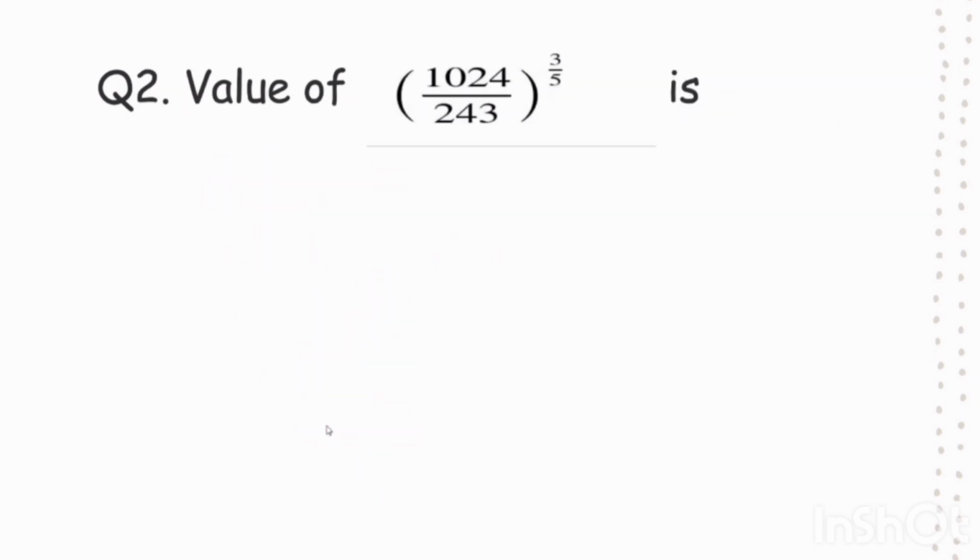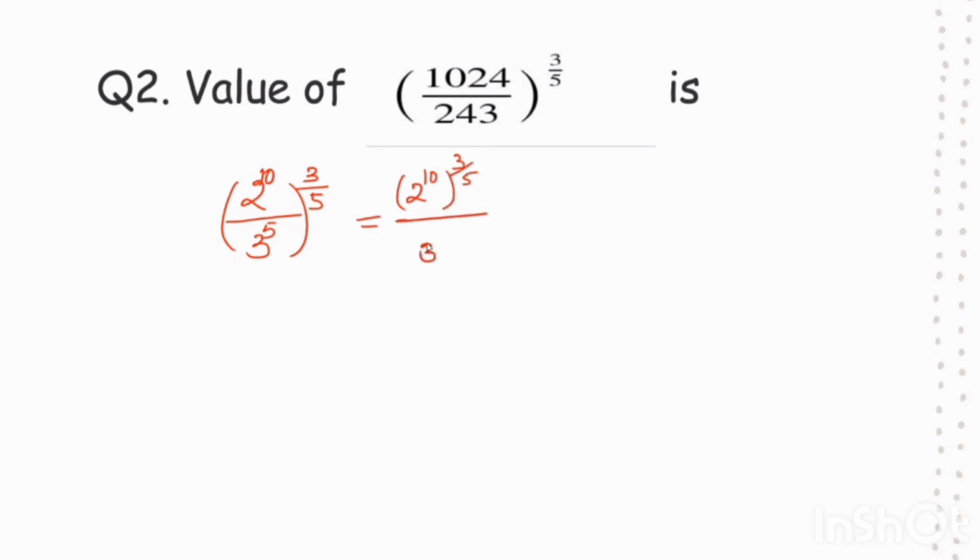Now next number, we have to evaluate this one. 1024 is 2 raised to the power 10. So 2 raised to the power 10, and 243 is equal to 3 raised to the power 5. Now, whole raised to the power 3 by 5, that is equal to 2 raised to the power 10 whole raised to the power 3 by 5